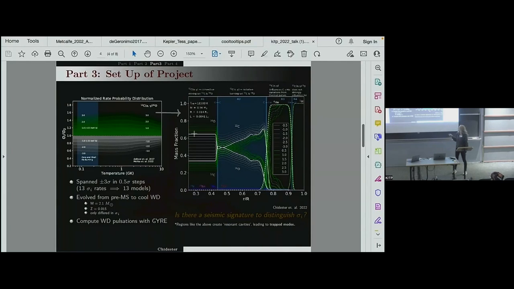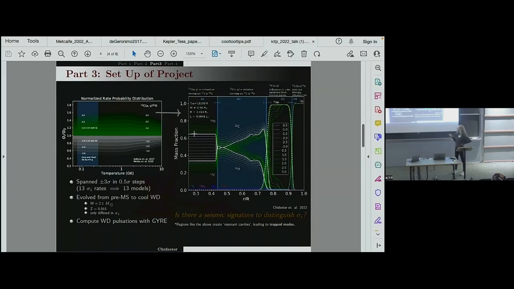What this figure is showing you is the reaction rate ratio with respect to the nominal value of sigma 0. Sigma here represents a standard deviation away from the nominal rate. I span from -3 to +3 sigma in half sigma steps as designated by each one of those dotted curves. The gray curves show negative sigmas, the green curves show positive sigmas, and the color fades the further away you get from sigma 0. That will be consistent throughout the presentation.